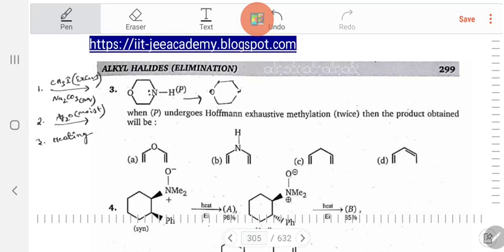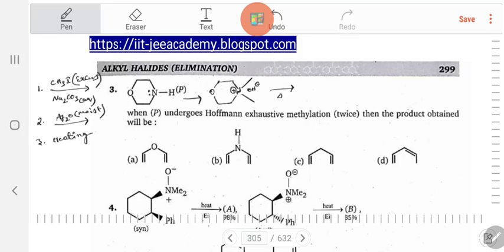First, nitrogen donates its lone pair to methyl iodide, forming a methyl group on nitrogen, and you will get hydrogen and a positive charge. H plus will be removed again. Right, so this is the system generated. After getting that, we are using a weak base. On heating, that weak base, OH minus, will abstract hydrogen from the beta position.